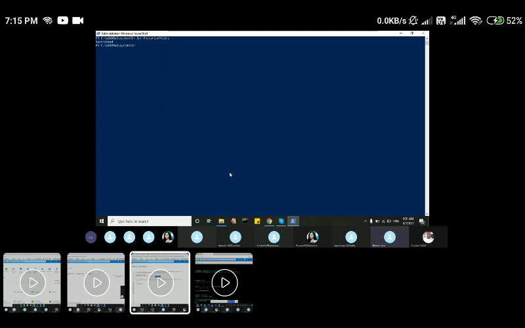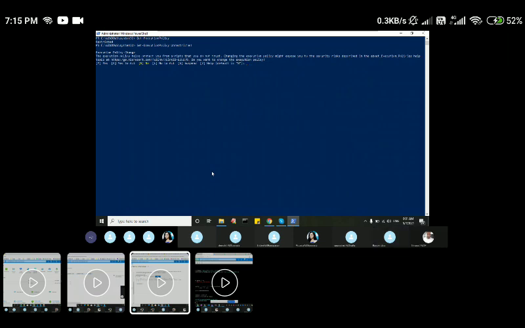By default on your local system, your PowerShell execution policy might be restricted. You have to make it unrestricted or remote signed. To do that, type Set-ExecutionPolicy, give the tab, it will be autofilled, then a space. Since it is restricted, I wanted to make it unrestricted. Just type Un, give the tab, it will be autofilled. What I'm doing is keeping the execution policy as Unrestricted. Click on enter.